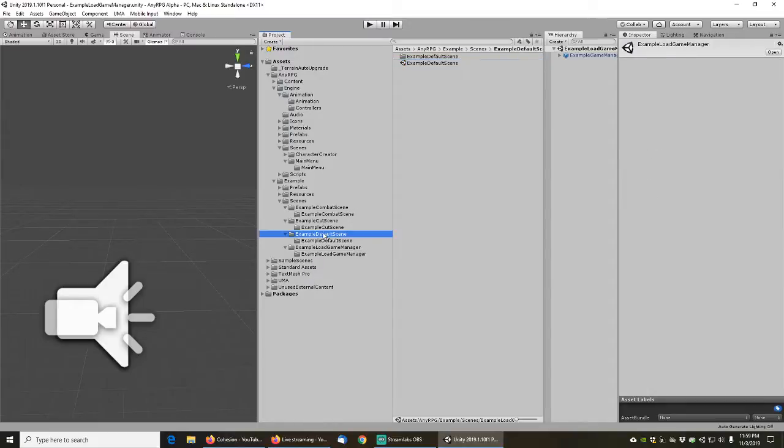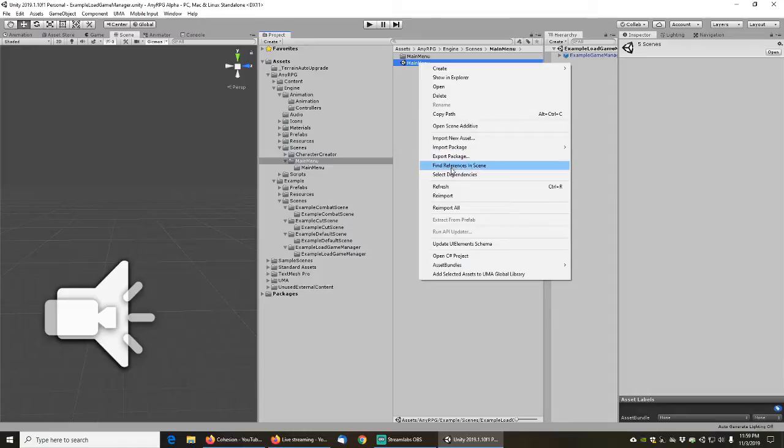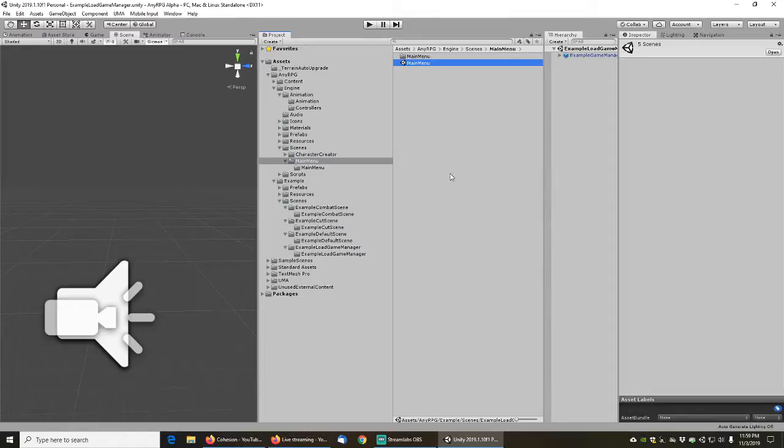We've got our example load game manager, example default scene, example cut scene, example combat scene, and then we'll grab the main menu and choose select dependencies. And then we want to try to find,